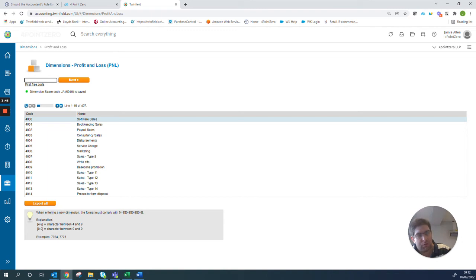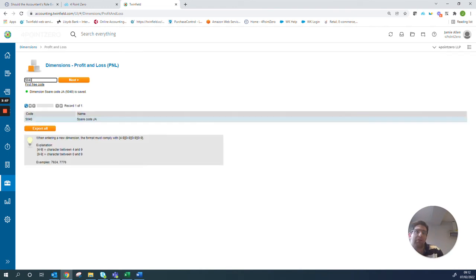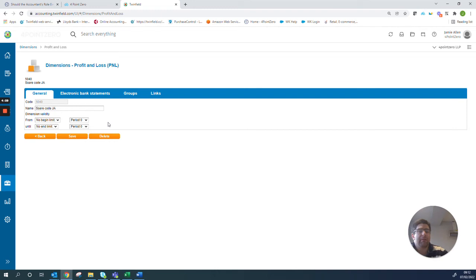And I'll show you another example just with the cost centers, but essentially that is the principle of adding all codes in terms of dimensions as Twinfield calls them. So now if I search for code 5040, you can see that code is there with the typo that I just made. And in terms of removing codes, because I'm now going to remove that,